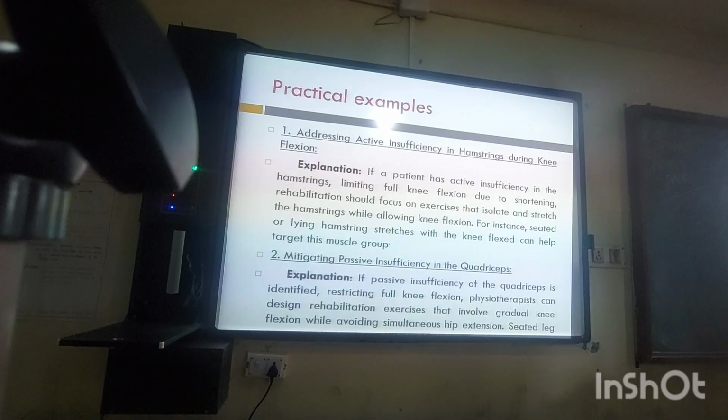Quadriceps table, yes. Or you can add it on the table also. In your OPD, you will see there is a quadriceps table and a quadriceps arch, where we give short arc isometrics. We try to give that. Okay, we change the angle and give that. We basically are doing sitting or lying hamstring stretches with the knee flexed at an angle.